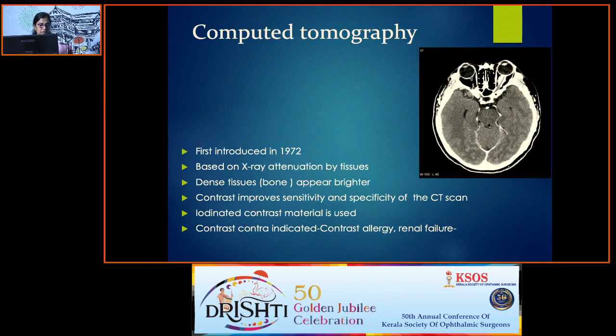CT scan is based on X-ray attenuation, and here the bone, that is dense tissue, appears brighter. There is risk of radiation exposure, and iodinated contrast material is used. So people who have allergy, we have to avoid iodinated contrast, and in renal failure also contrast is not